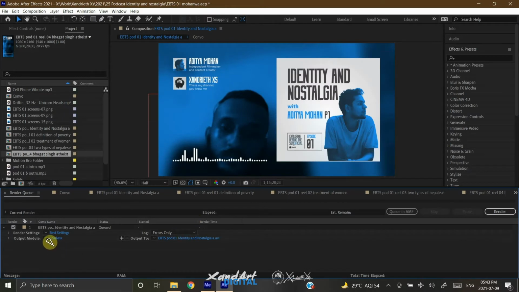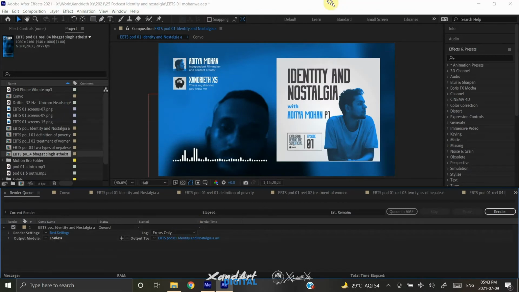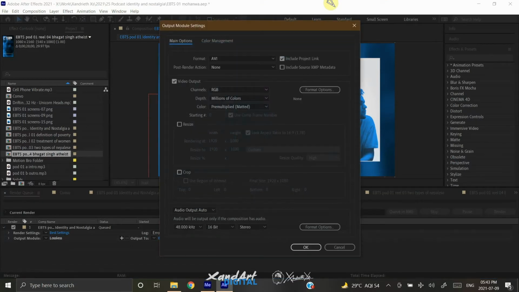We will start the process by adding the composition we want to export as audio to the render queue, not the Adobe Media Encoder render queue, but the render queue of Adobe After Effects itself. Once that's done, we will head to the render queue and find our composition in the list, and under that we'll find 4 options: render settings, output module, log, and output location. We will be using 2 of them; other than that, what's set by default is good enough.